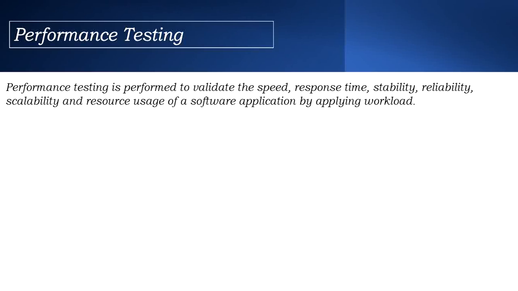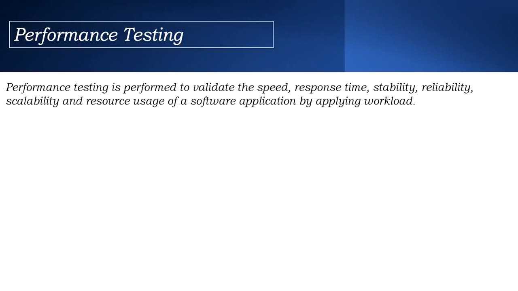So why do we perform performance testing? It is to determine whether the application satisfies the performance requirements, and to validate the bottlenecks before we go into production. In real time, a lot of people will be using the same application, right? But while testing it, it is not really possible to test by applying so many user loads.